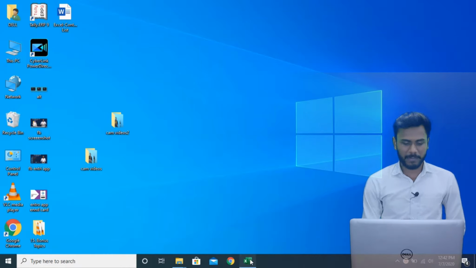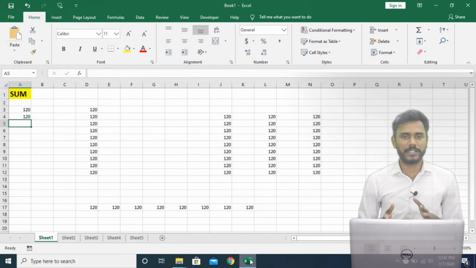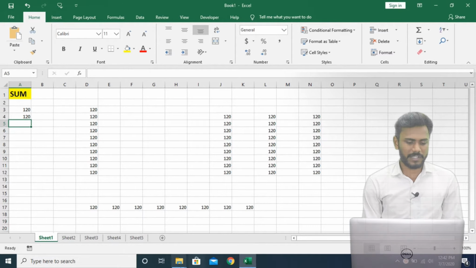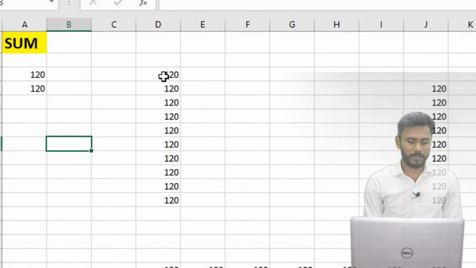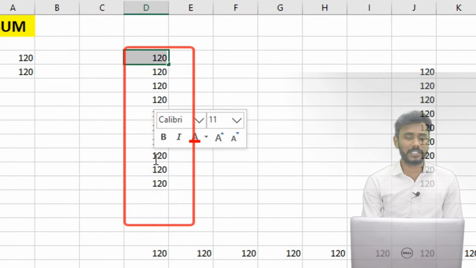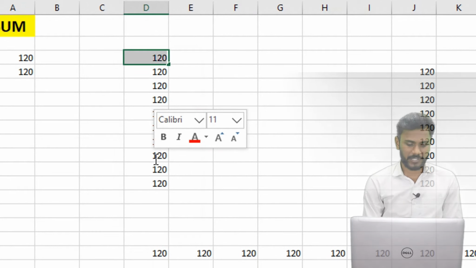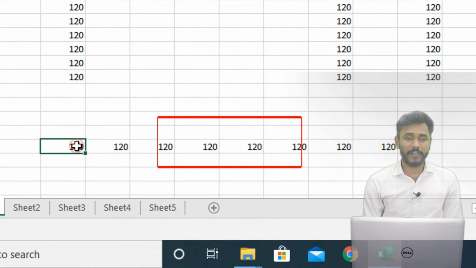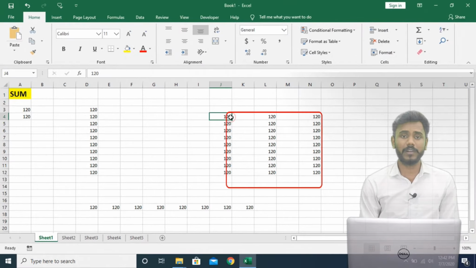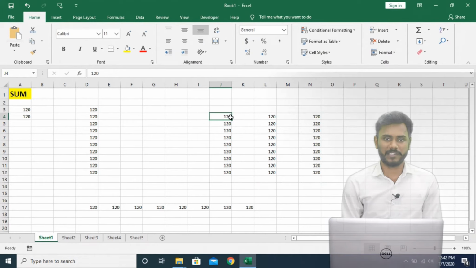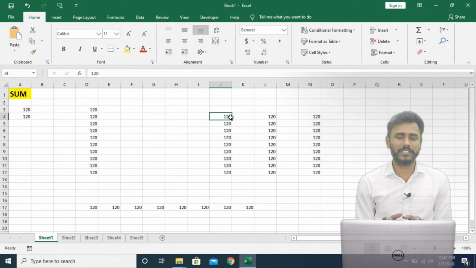Yes, in the Excel application, we use the sum calculation in many ways based on the input. So now you may see that here the input is available only in two cells, here the input is available in a single column sequence, here the input is available in a single row sequence, and here the input is available in multiple column ranges. So we always change the formula based on the input, right?